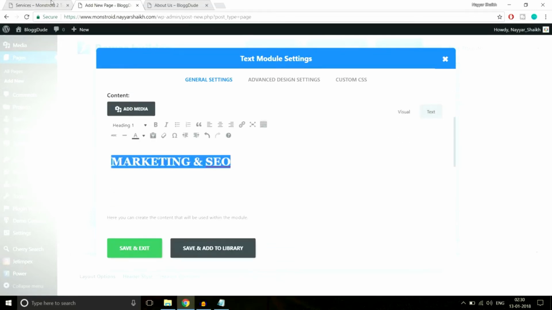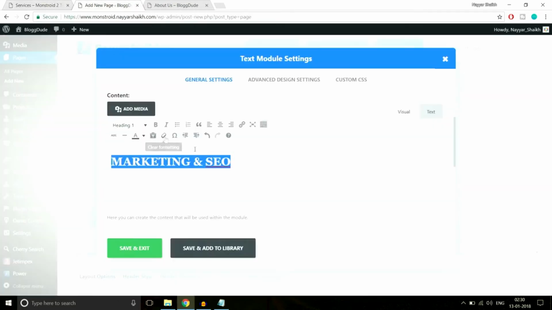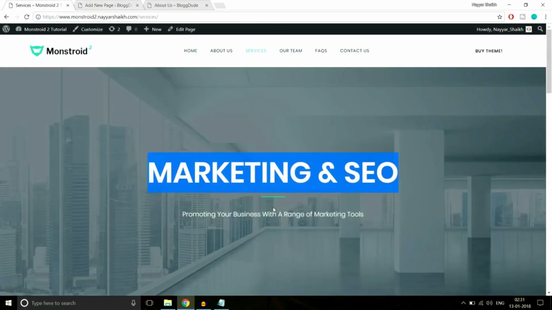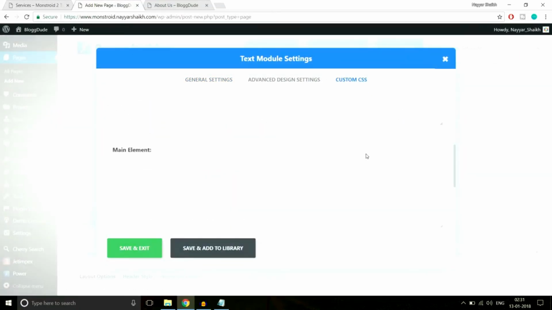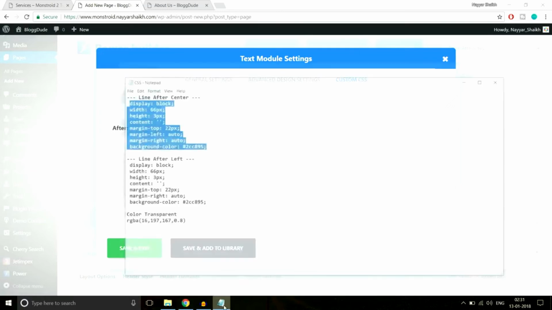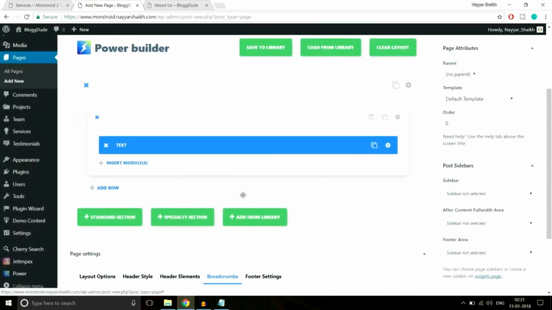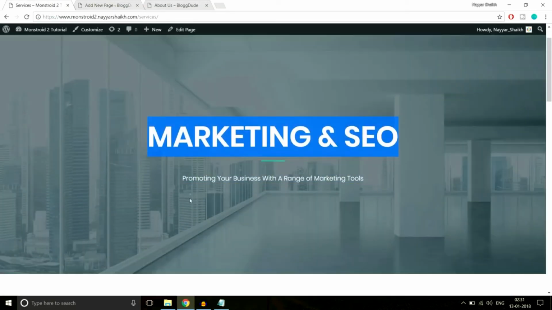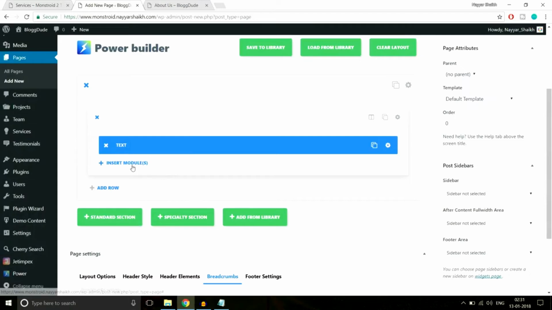Okay, so this is the biggest text available, heading 1. So make sure you select heading 1 and change the color of this text to white. And after that we have this divider. So go to custom CSS, scroll at the bottom, copy this code from here, paste it over here, click on save and exit. And after that we have some more text, so copy it from here,